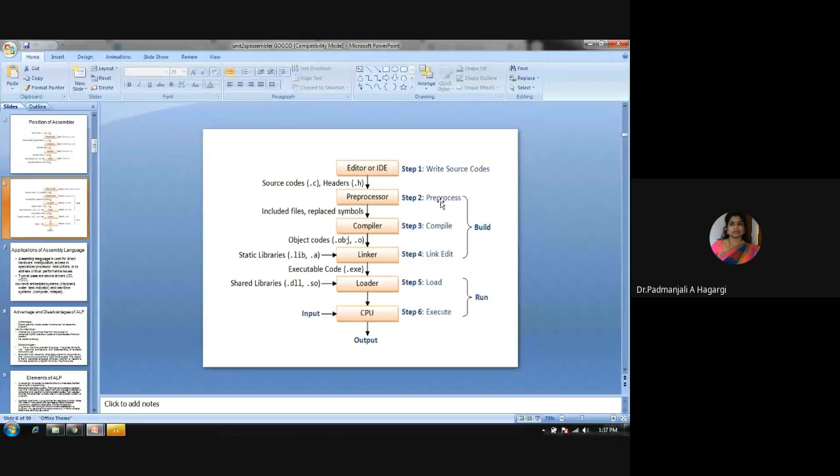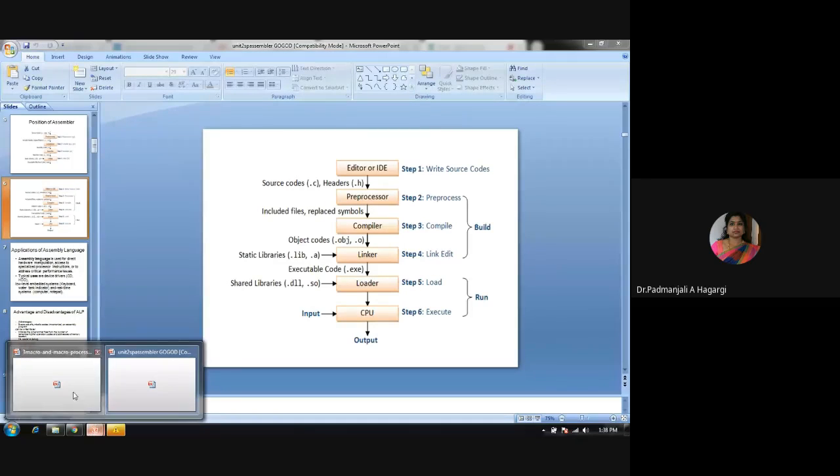Preprocessor commands process the source code. It passes through a compiler. That is, it processes before a compiler, before a compiler. And what it gives, if I go back to my diagram, what it gives...